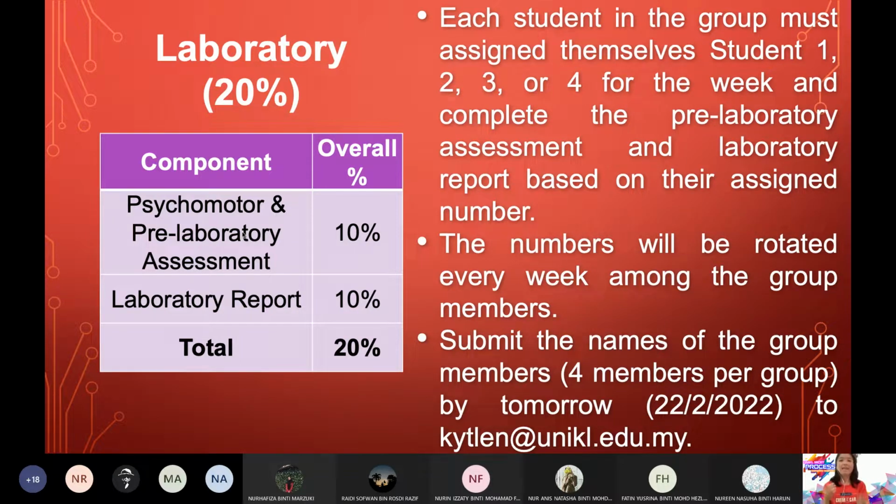But I would highly advise, okay, this is not because I'm a female, I would prefer for the lab at least ada seorang lelaki sebab aktiviti memanjat akan diperlukan. You will need to climb certain things because our reactors are really high. Certain amount of climbing is required. So tapi tak apa, if the female think that you can climb, so much better. But if let's say you little bit hesitate, you will prefer a male to do it, and then include lah one male in your group. Okay, tapi tak ada paksaan. Kalau semua nak female pun saya okay je. Okay, just to remind lah akan ada certain amount of climbing stairs to operate the reactors.